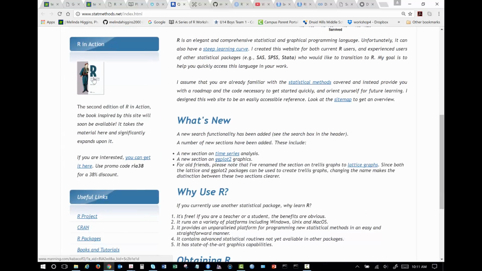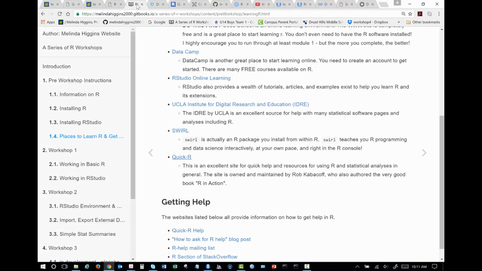The other thing is this book right here. If you're really serious about learning R, I'd encourage you to get this book. Each chapter walks you through. He has examples, he has data sets, shows you what to do, what the interfaces look like, how to interpret the results and so forth. So that's another really good resource. And feel free to stop me, ask questions, shout it out.